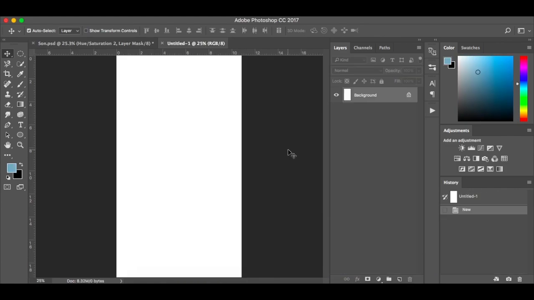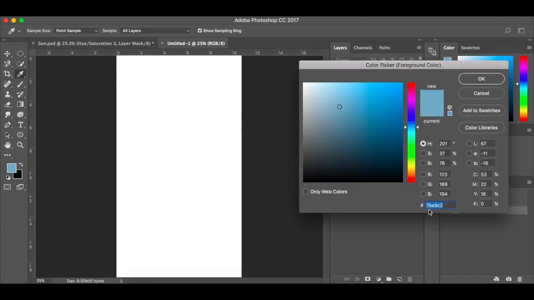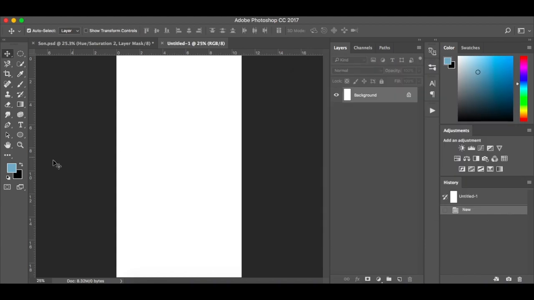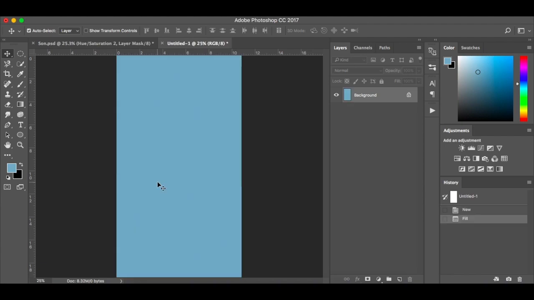Okay, so I've got a new document. Now I'm just using a phone screen background, so I'm using my iPhone background sizes, so feel free to use whatever canvas size you want. The first thing we're going to do is fill it with a light blue colour, and the colour I've gone for the background is 7BA9C2. I'm going to hit OK. Then we can see here it's our foreground colour. Now I'm working on a Mac, so I'm going to hold Alt and Backspace,